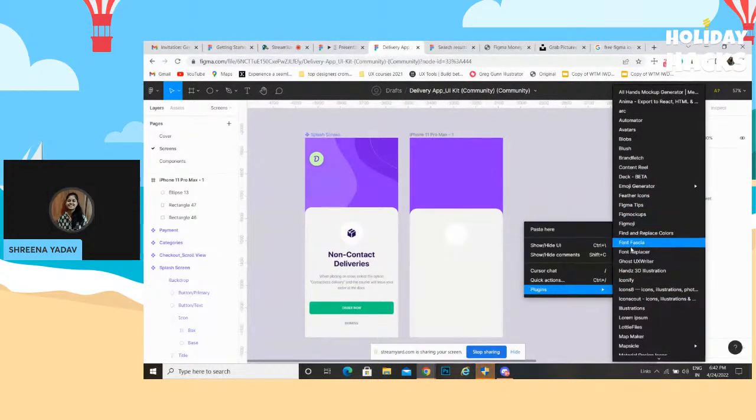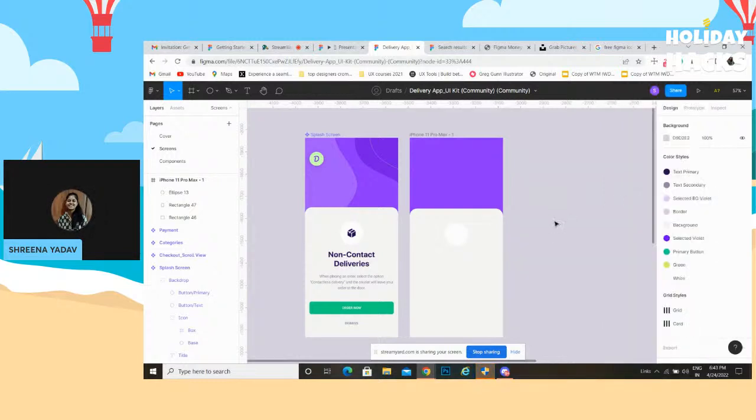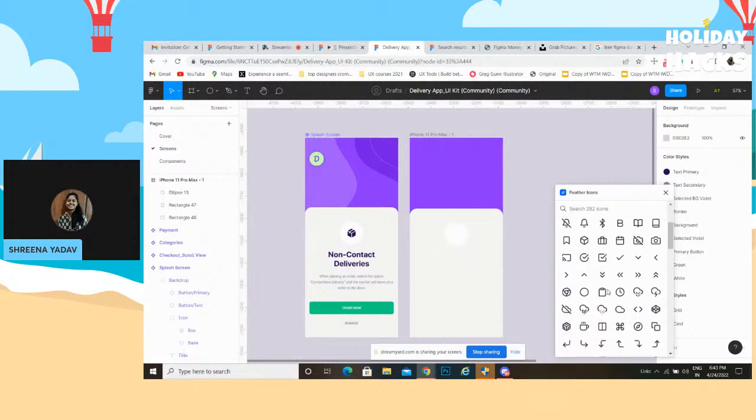So for now, I installed this Feather icons, okay, so we'll take some icons from here. See these all icons are coming. So for this, let's just take this one,